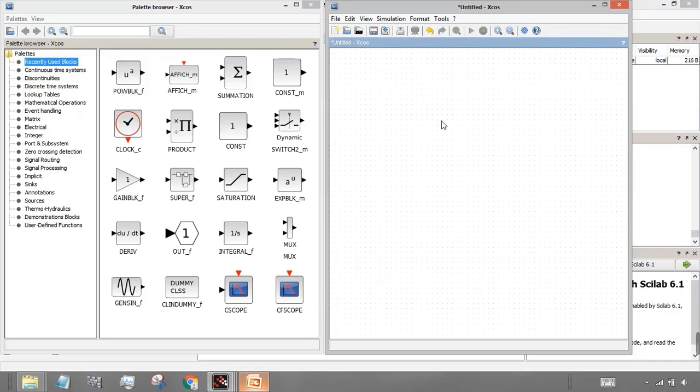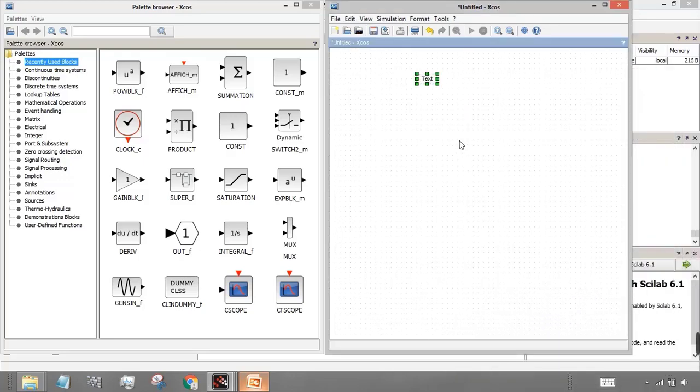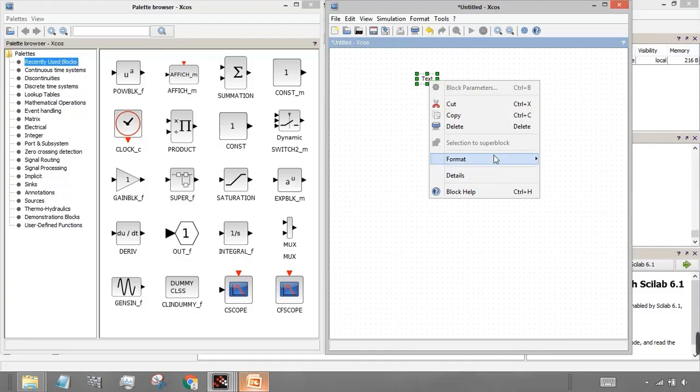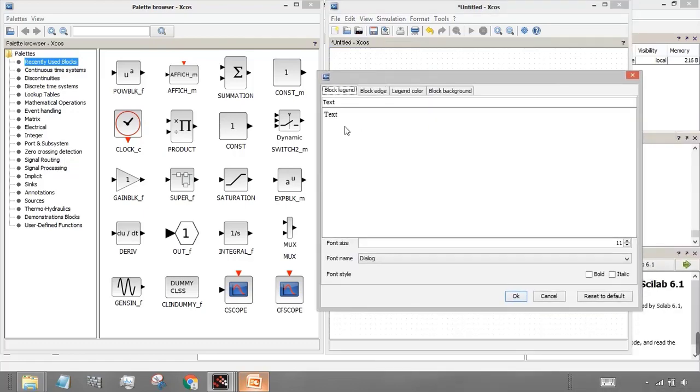It looks like it's not edited, so I'll do the process again. Double click, select the text, and then press Ctrl F2, or you can select the text, right click on it, go to format and then select edit. It will give the edit window.